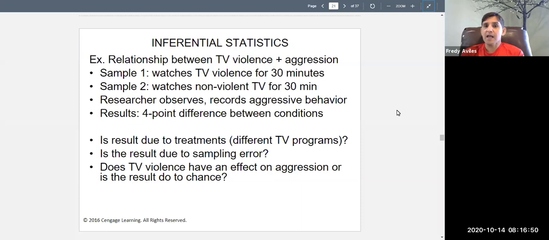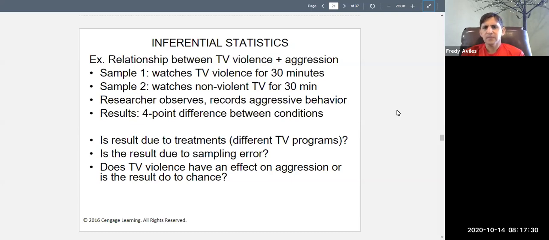Now here's the thing, those samples are going to differ on their own without it having anything to do with the TV. They're going to be different on their own because they're different kids. So that naturally occurring difference is called sampling error. What you want to know is, beyond that, is there any difference that's due to watching violent TV, for instance? So the researcher will observe and record the aggressive behavior. And let's say the results show a 4-point difference in aggression between those that watch violent TV and those that watch non-violent TV,